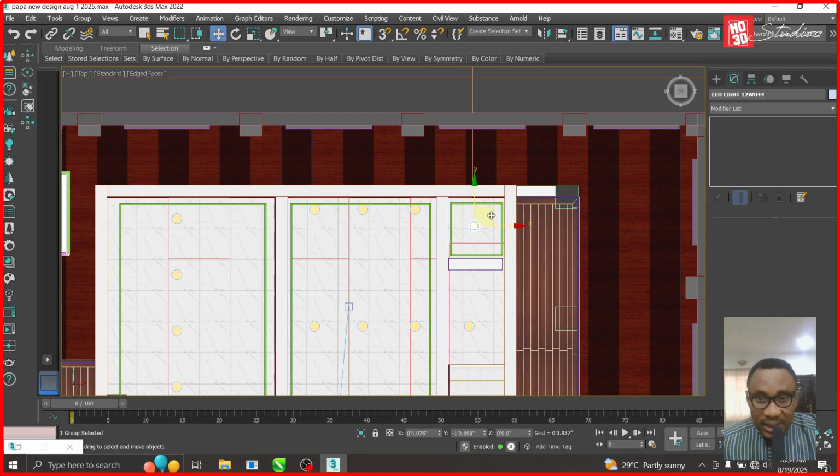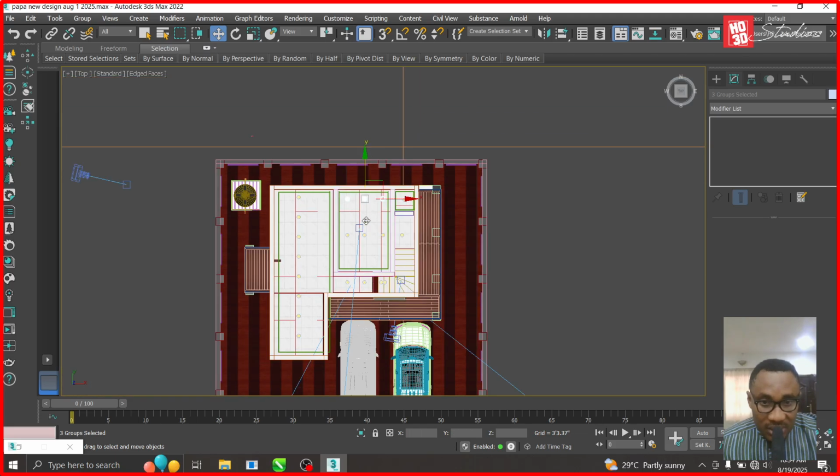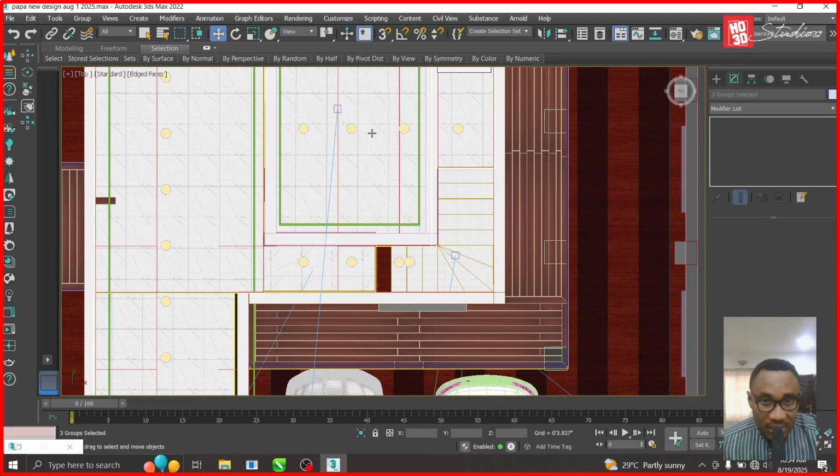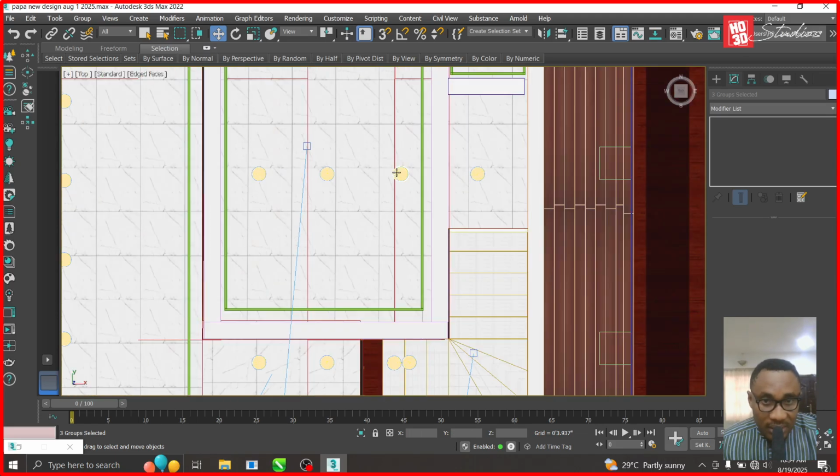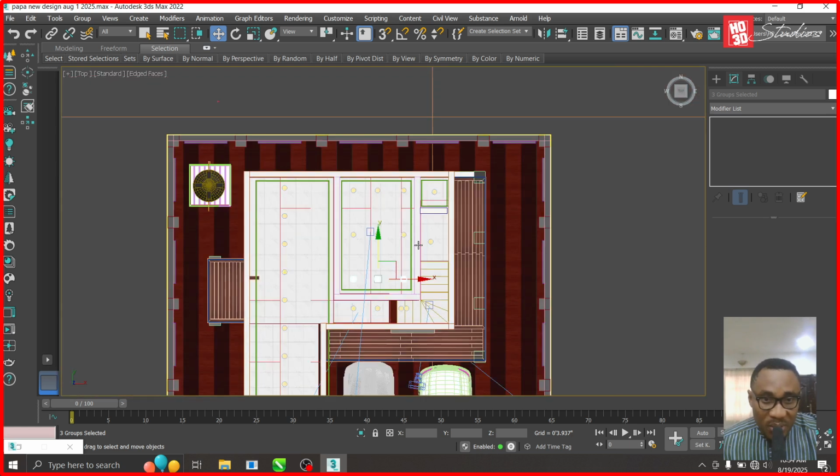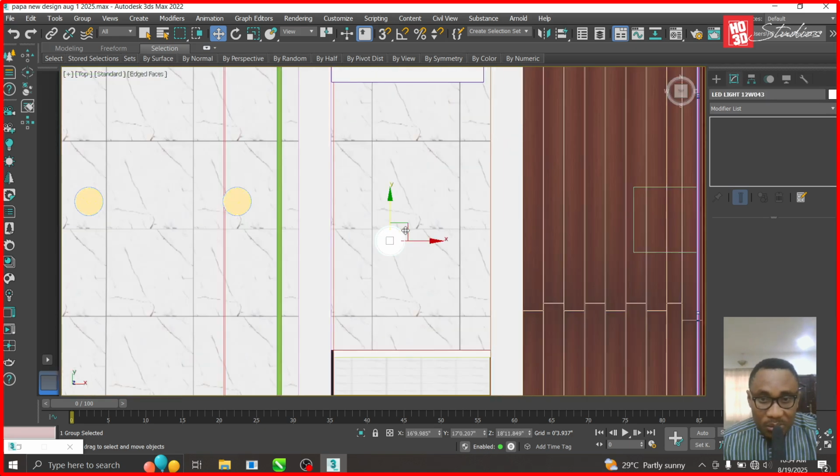This is the toilet light. It should be at the center. This should move inwards. Okay, this should move a little this way. Then I'm duplicating them. So now you have 9 bulbs here and 8 bulbs here. Alrighty. Then there's one bulb here, which should have